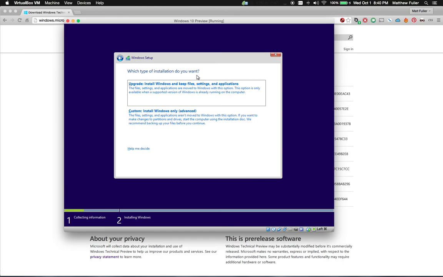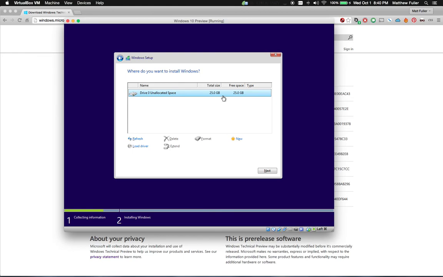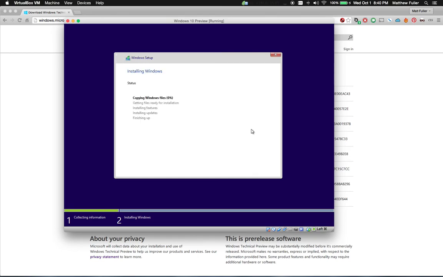All right, so as for the type of installation that you want, we're going to choose Custom, Install Windows Only. Choose the disk with unallocated space. Basically, that should be the full 25 gigs that you gave it. And then go ahead and click Next. Now, here is the long part, so I'm going to stop the video now and look for part 2,